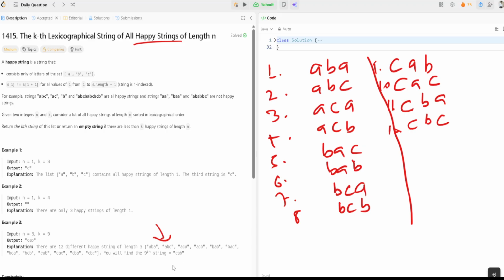So if you see that these are the happiest strings, right? Now what is very important here is to find the total number. If you see, we have to find the kth lexicographically string. In this case, what will come? K equal to 9 we can talk about, right? This one. So when K equal to 9,